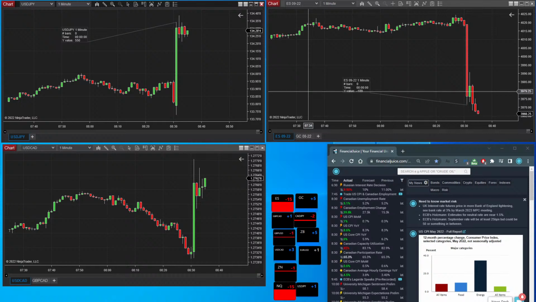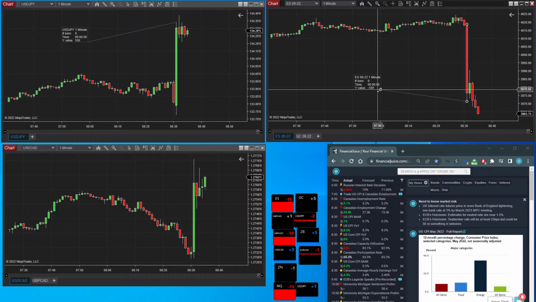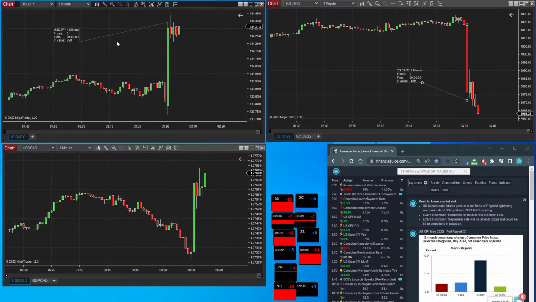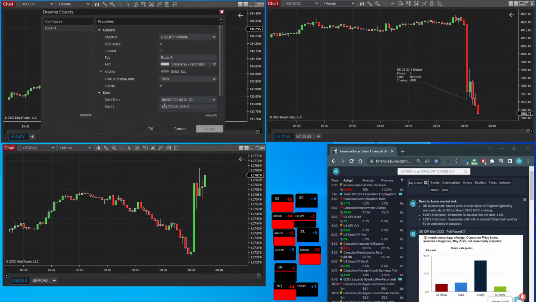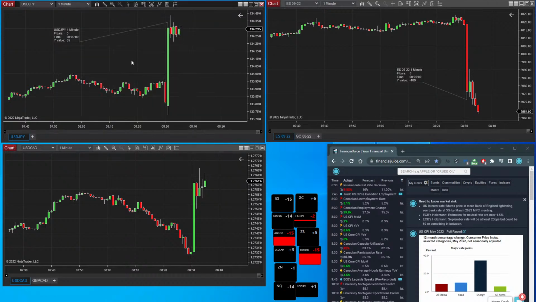Just one thing I probably could have mentioned, but I'll mention it now, just for your own bits of knowledge. So that's about 55 pips towards the upside. Don't worry about that 550, it just changes the way it looks. There we go, 55 pips towards the upside there on the dollar yen.